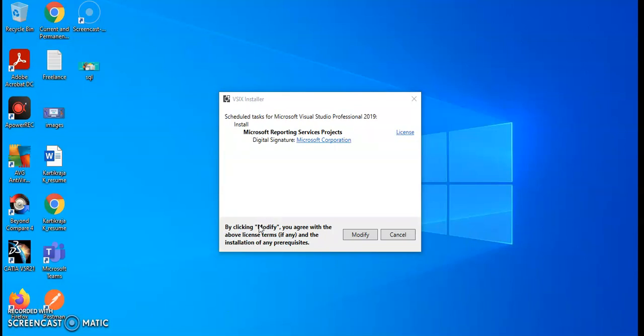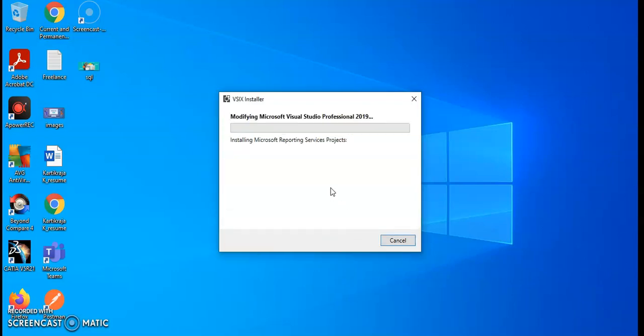See, it is asking: by clicking Modify, you agree with the above license terms and the installation of the prerequisites. So let's click this Modify button. Now it is installing.